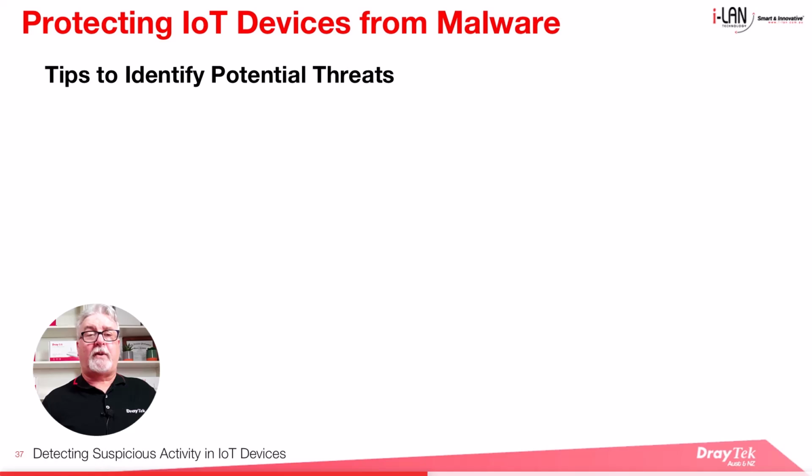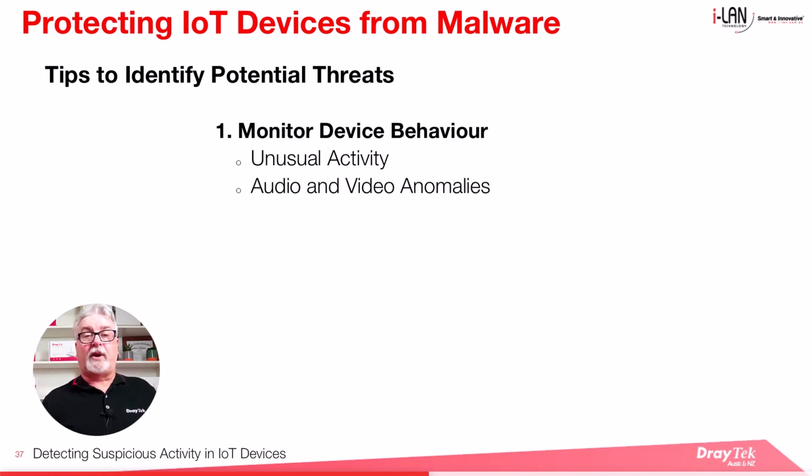Some tips to help identify potential threats. The first one is to monitor device behavior. This includes looking for unusual activities such as random reboots, slow performance, or unexpectedly turning on and off devices. Also look for audio and video anomalies. If your devices have cameras or microphones, look for strange sounds or recording patterns that don't align with normal